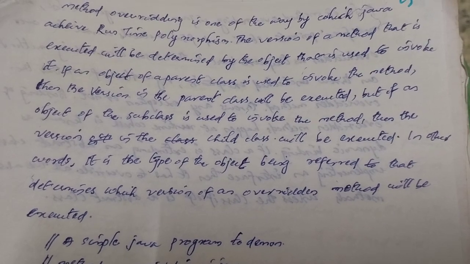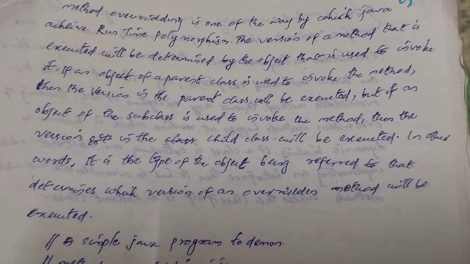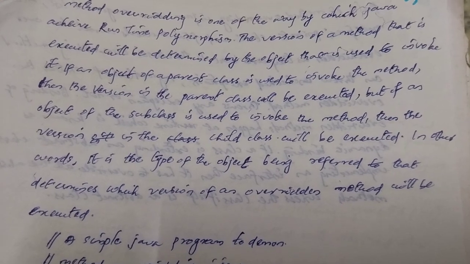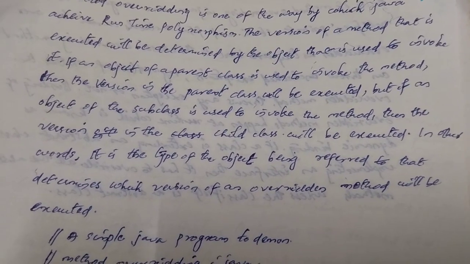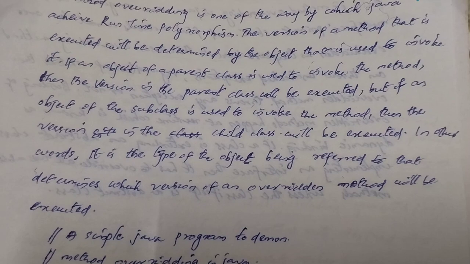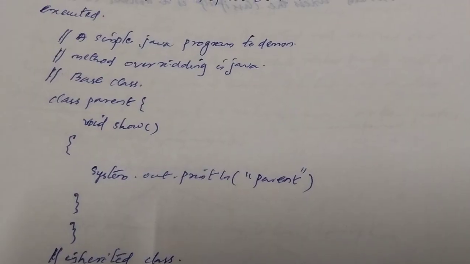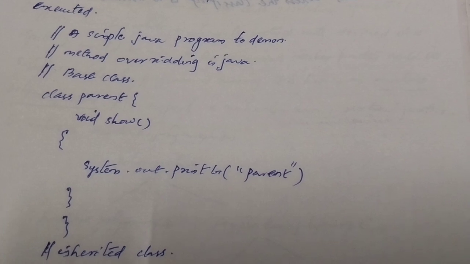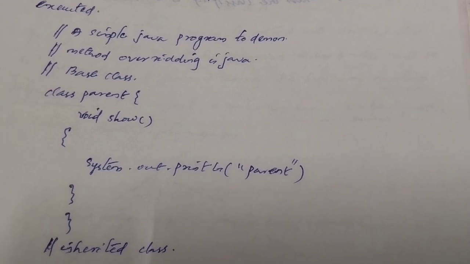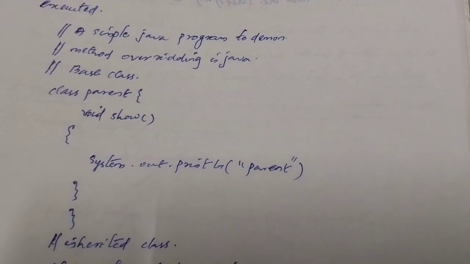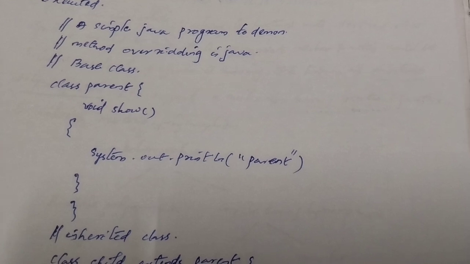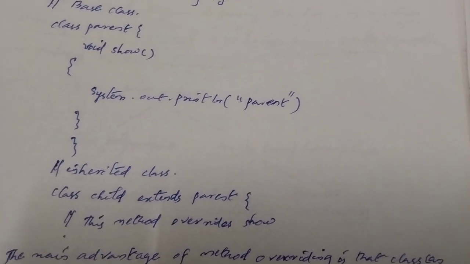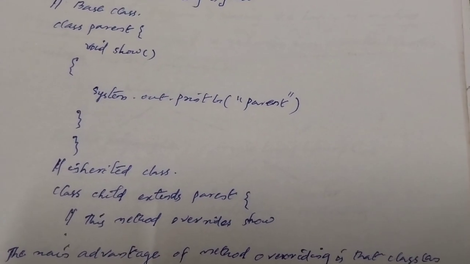In other words, it is the type of the object being referred to that determines which version of the overridden method will be executed. Simple Java program to demonstrate method overriding in Java. Base class: class Parent { void show() { System.out.println("Parent's show"); } } Inherited class: class Child extends Parent. This method overrides